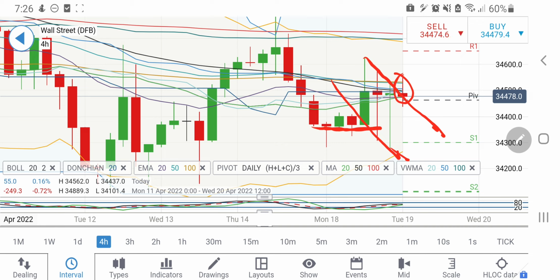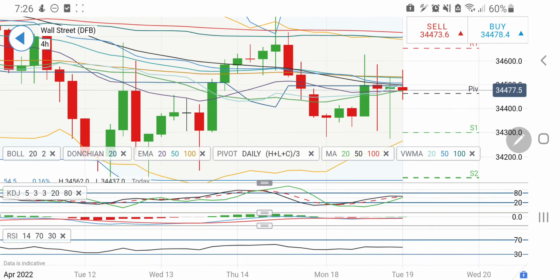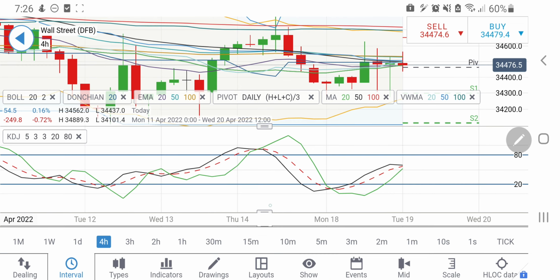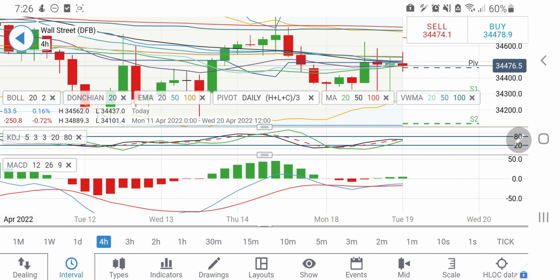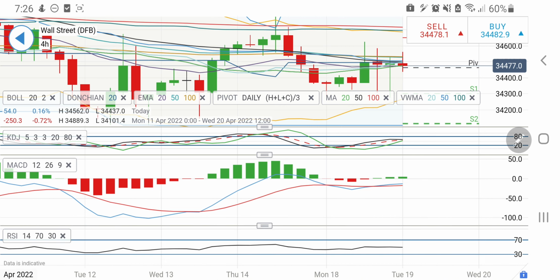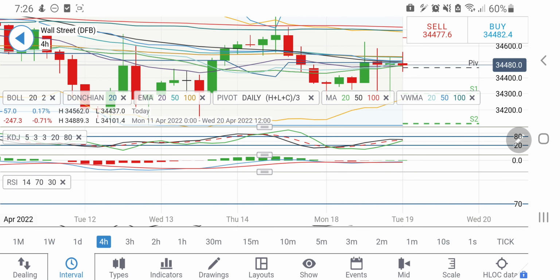So yes, 34,500 is one level beyond which if it trades, one can again expect it to rise. So one can remain long beyond 34,500. Then the target is going to be 34,600, 650 and 700. Largely it has got its resistance at 34,700 levels. These levels I'll be watchful of. On the 4-hour chart, stochastic is neither overbought nor oversold. It is not stressed at all. It can take a direction any which way. And MACD is also running parallel, not showing any signs here.